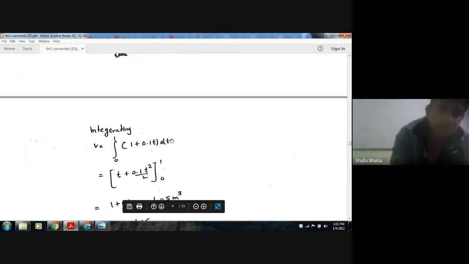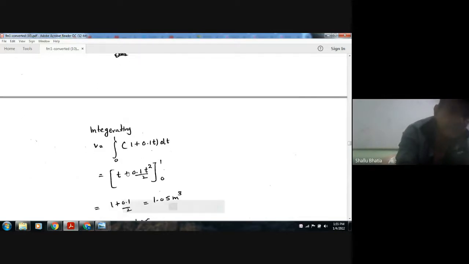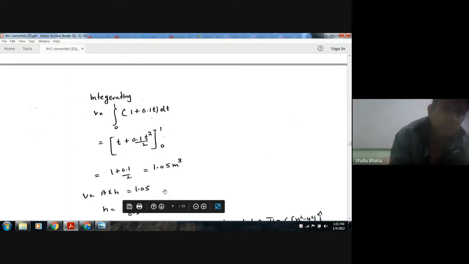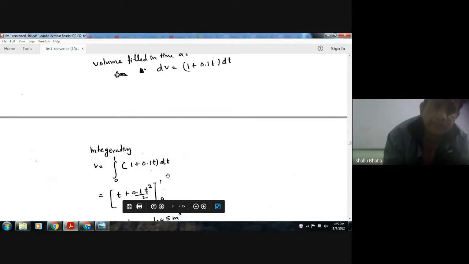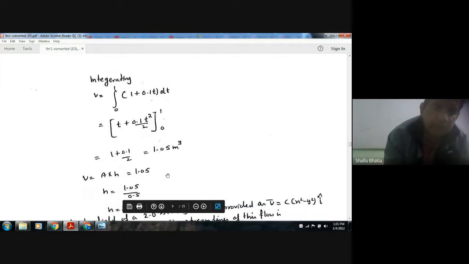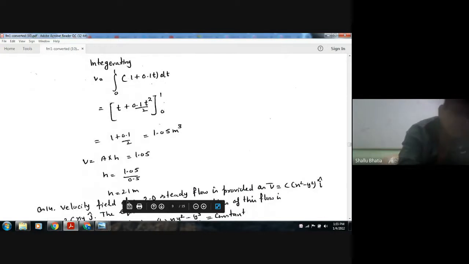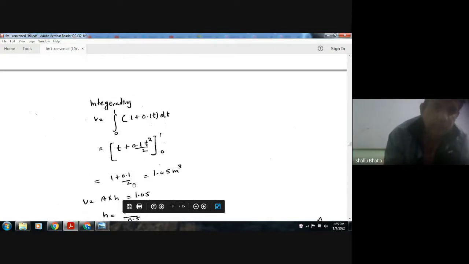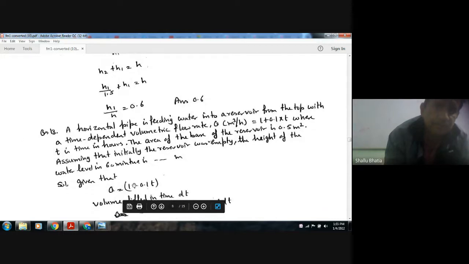The integration is T plus 0.1 T square by 2, from 0 to 1. Putting the limits, it is 1.05. As the area is given as 0.5, we can calculate the height. So 0.5 into H is equal to 1.05, so H is equal to 2.1. Okay. Next,